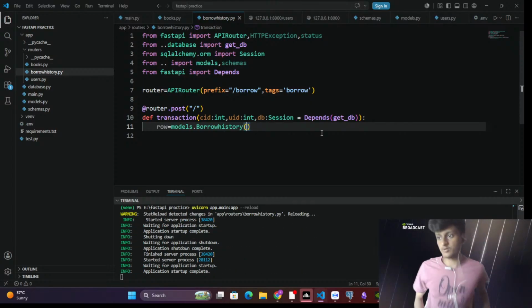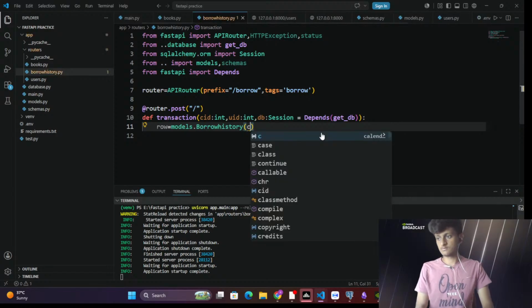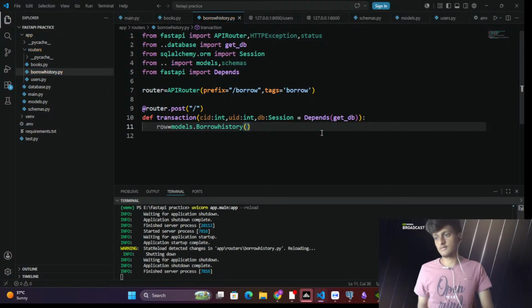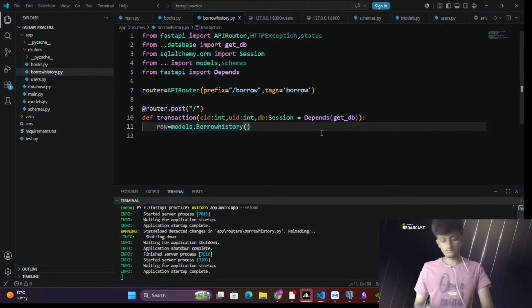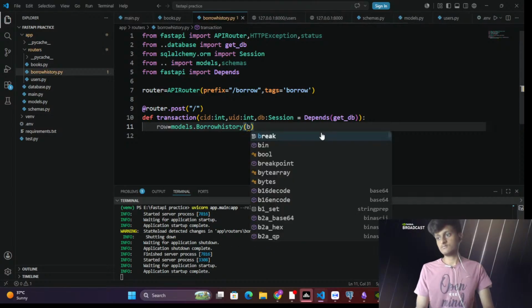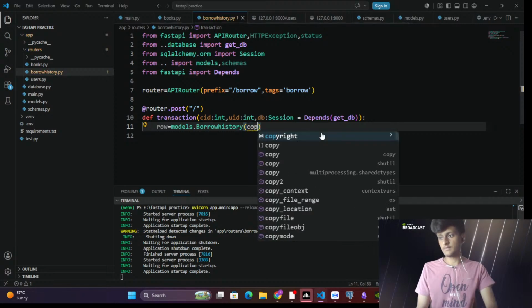Models dot borrow history takes in, what, how should I write this? Copy ID,